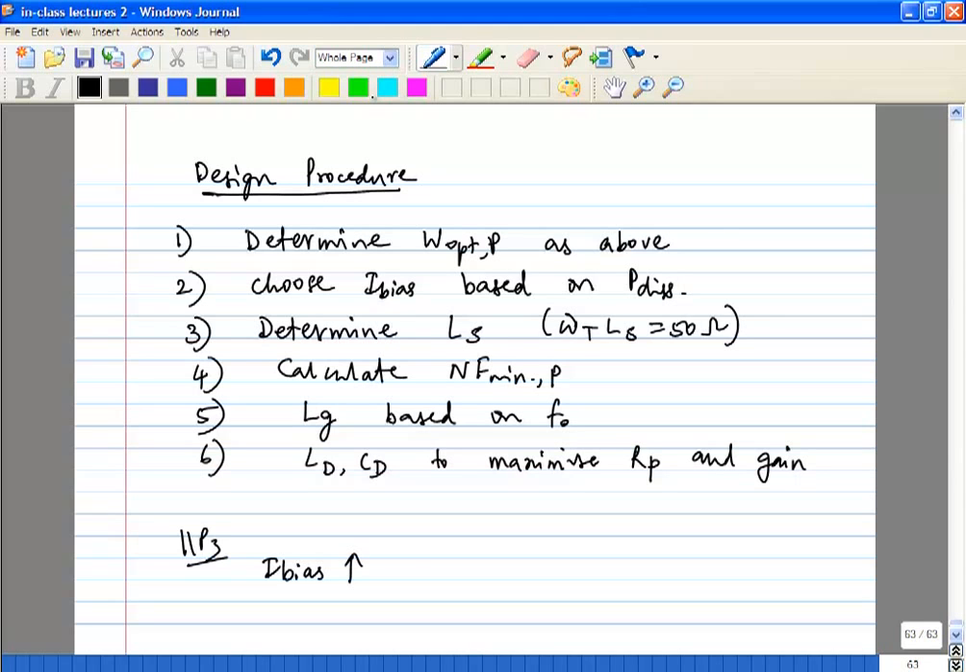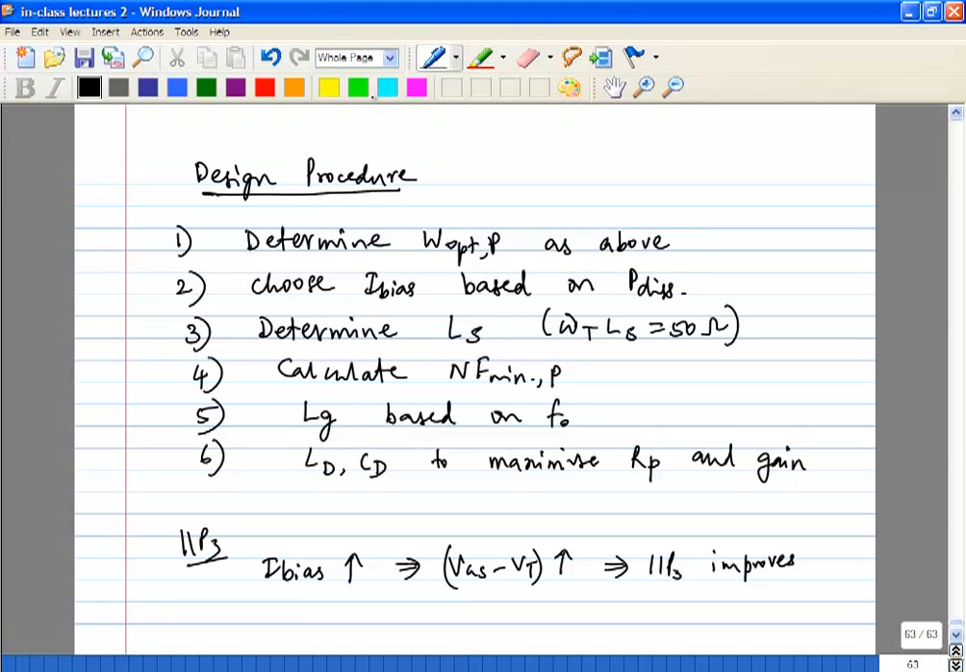So you increase I bias, VGS minus VT increases, and IIP3 will improve. But